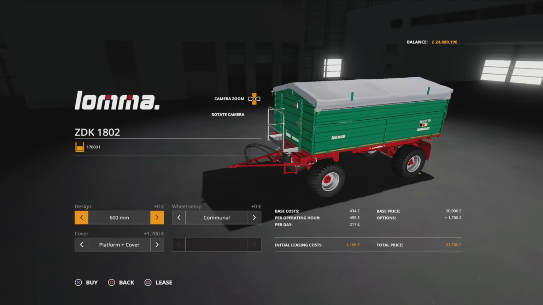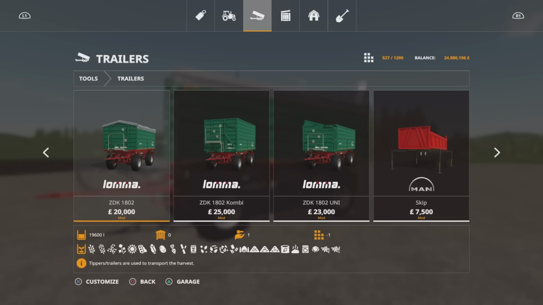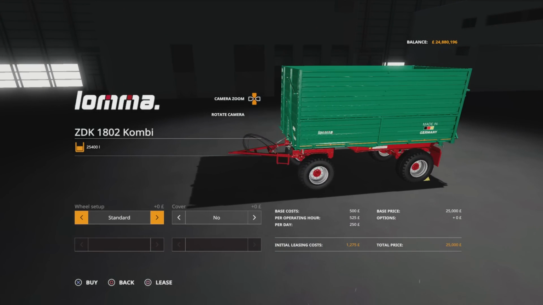And I think that will be the same if you go for the auger as well. Yep, you can still have the cover and platform with the auger too. If we go to the Combi, it's much larger, so 25,400, but there's no option on that one for the auger, and there's no other size options. It's 25,400 litres, but we can have wheels, standard, wide, or communal, and then cover, platform, cover,